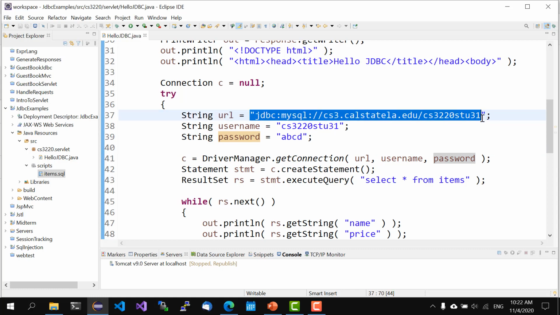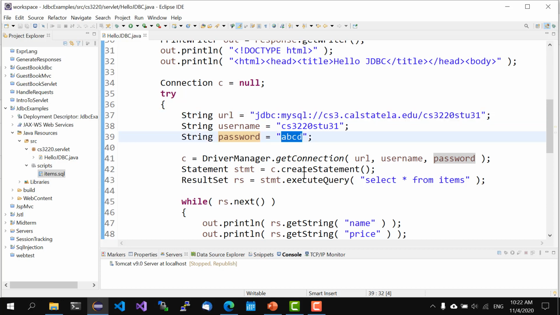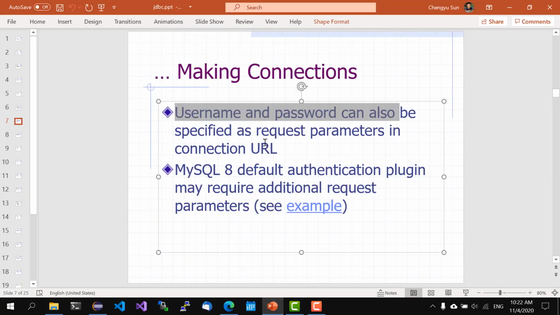I would recommend not to do that because oftentimes passwords have special characters in them, and if you specify it as part of the URL, some special characters can mess up the URL. So I would recommend that you specify username and password separately instead of as part of the URL. And secondly,